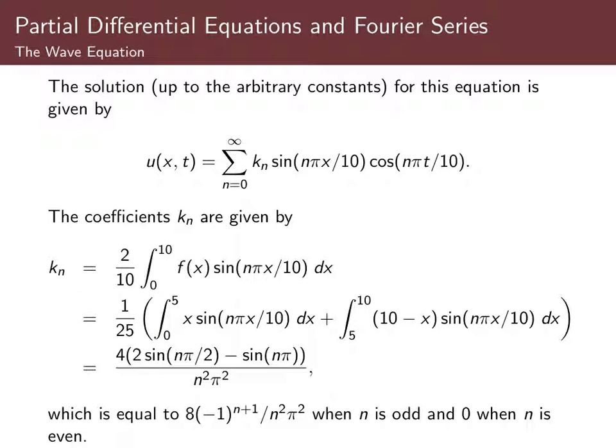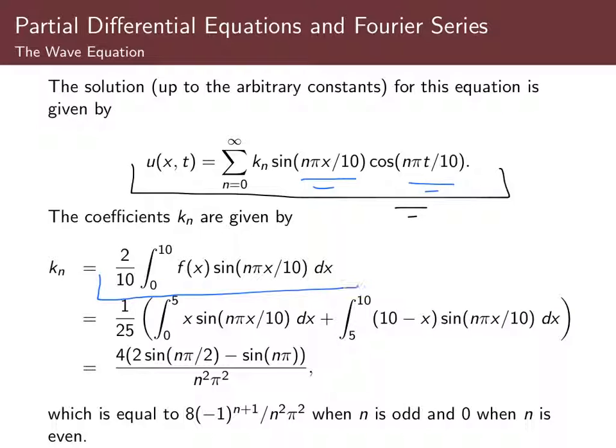Okay. The solution up to arbitrary constants for this equation is given by this guy here, which remember is just the sum of the product of sines and cosines. Since a is 1 here, they actually both have the same argument except for one has x and one has t. The coefficients kn in this situation are given by the inner product of f with sine of n pi